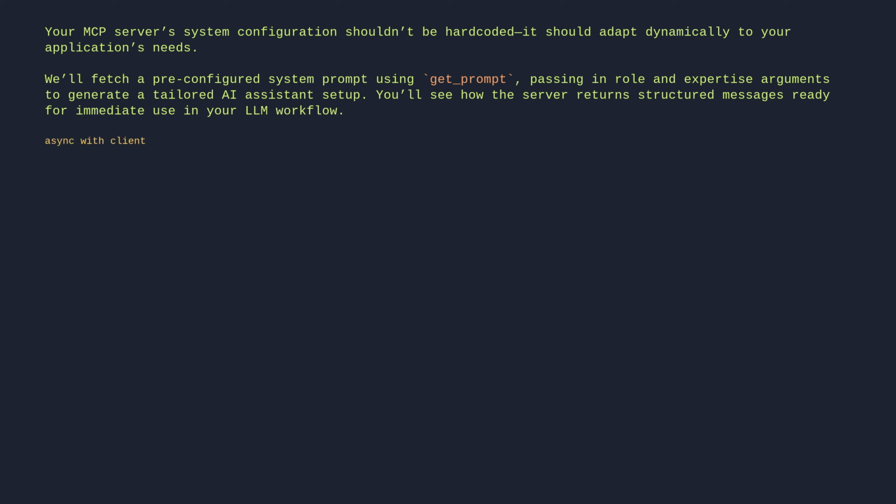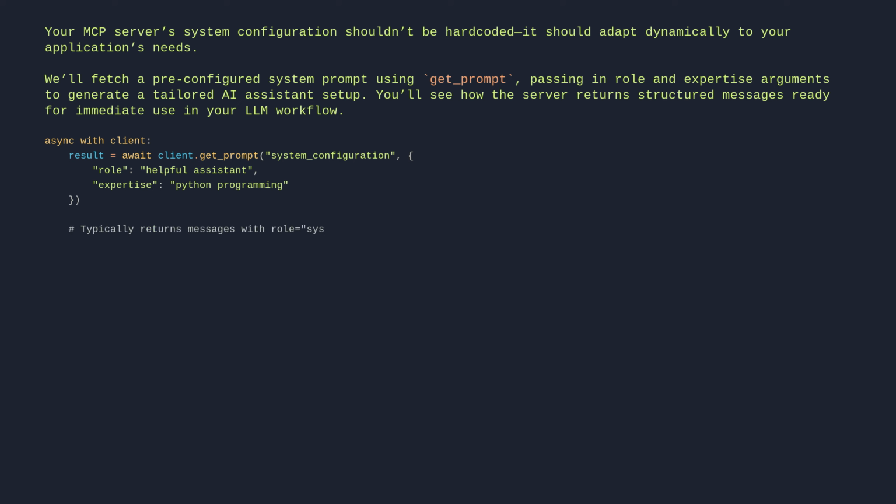async with client: result = await client.getPrompt("system_configuration", {"role": "helpful assistant", "expertise": "Python programming"}). # typically returns messages with role equals system. system_message = result.messages[0]. print(f"System prompt: {system_message.content}")